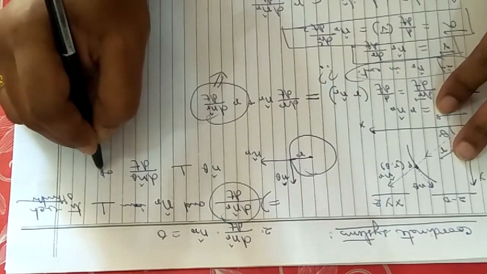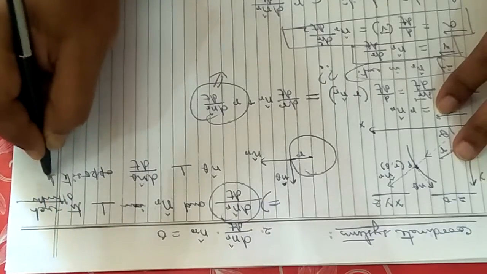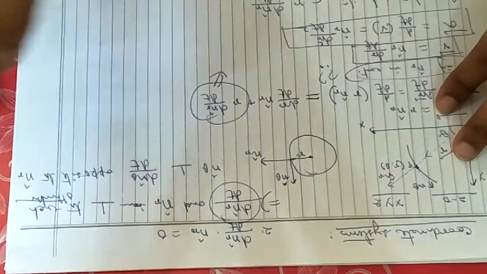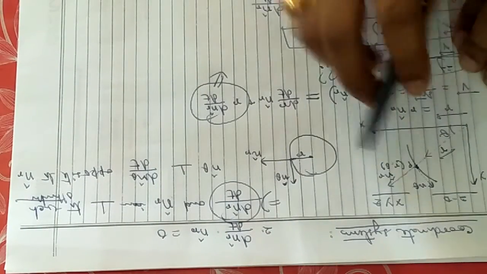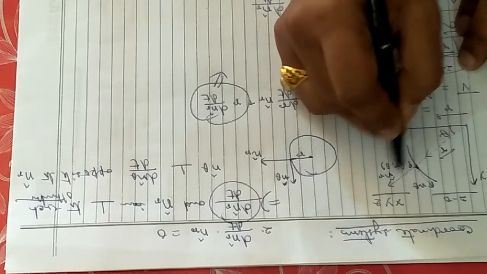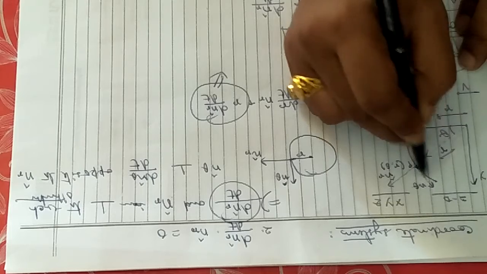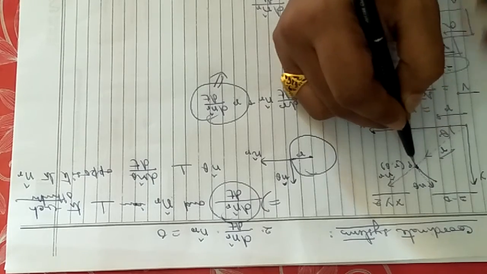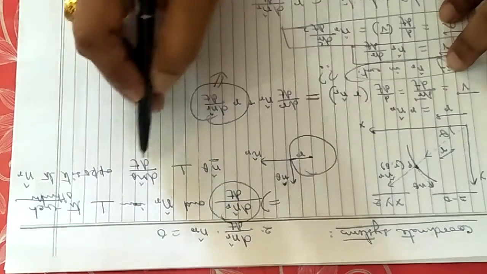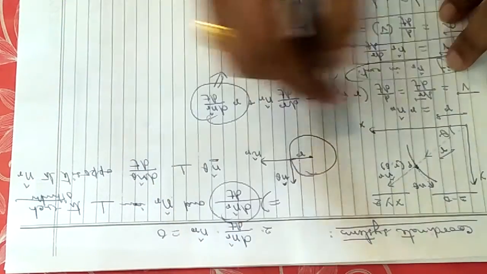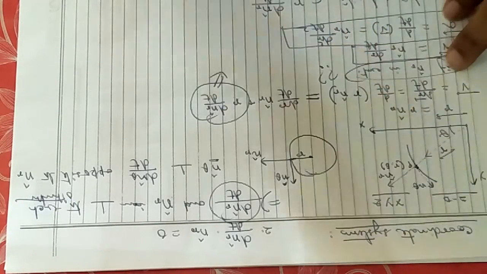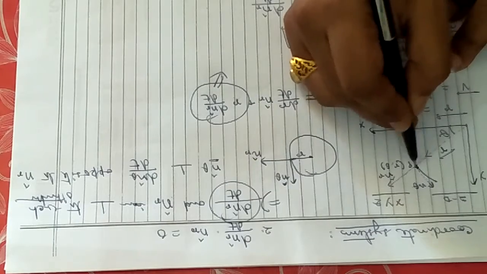opposite to nr cap. Why? Look at this figure. Try to understand that if you consider this is nr cap and this is n theta cap, I am introducing one new vector, that is n theta cap. N theta cap is perpendicular to d n theta dt. So in which direction is d n theta increasing? It is increasing in this direction, so it will be just opposite to nr cap, this direction.